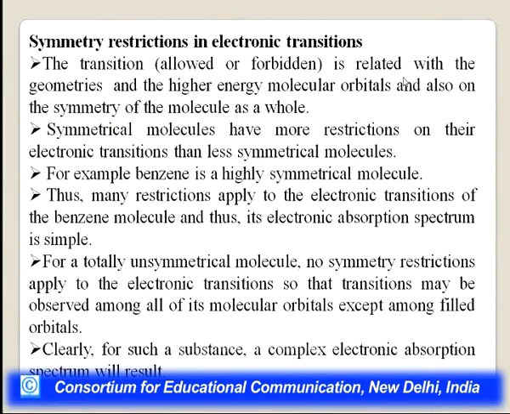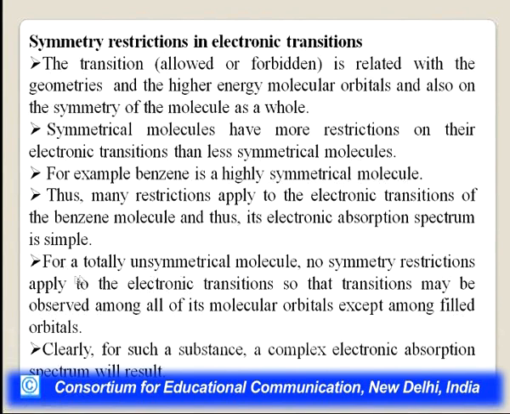Symmetry restriction in electronic transition. The transition is related to the geometries and the higher energy molecular orbitals and also to the symmetry of the molecule. Symmetric molecules have more restrictions on their electronic transitions than less symmetric molecules. For example, benzene is a highly symmetric molecule. Thus, many restrictions apply to the electronic transitions of the benzene molecule, and thus its electronic absorption spectrum will be